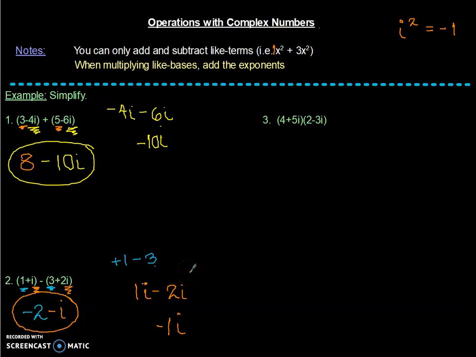So for number 3, we are stepping it up a little bit. Notice that there is nothing between the two parentheses, which means they're being multiplied. So when you're multiplying like bases, you add the exponents. Now, how do we multiply two binomials, meaning there's two terms in each parentheses? You could distribute or you could FOIL. In this example, I'm going to show you FOIL, which some of you have already seen before, meaning first,